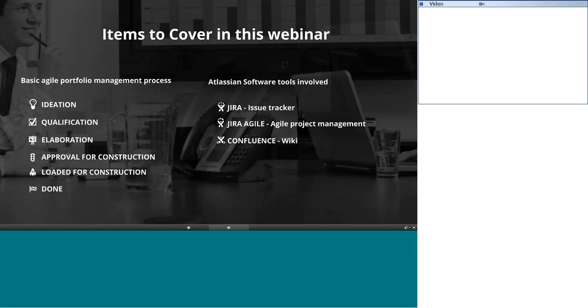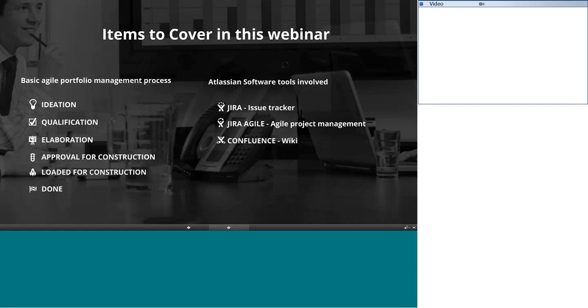And Confluence is where all of our documents are going to live. So, for instance, as we create an idea or we elaborate the idea, we're going to have a space on Confluence where we capture that information, where we can share that with others on our team, and where we can collaborate and get that document to a state where it is presentable to move forward to the next phase.